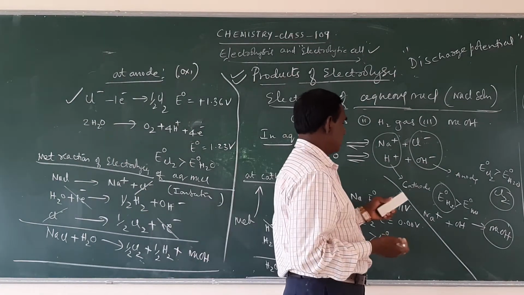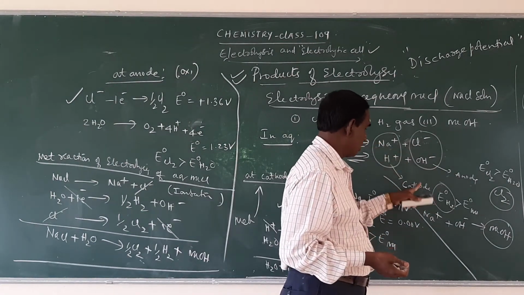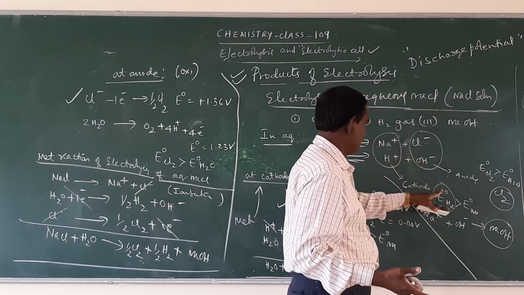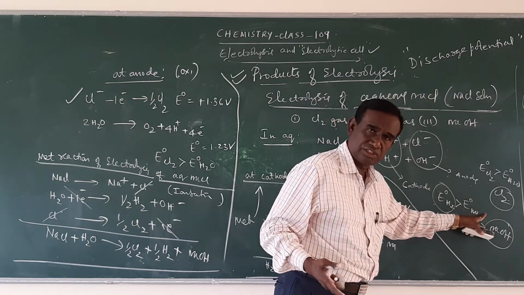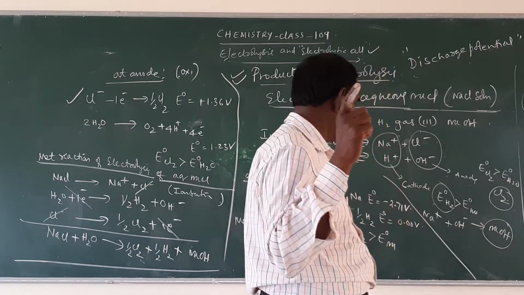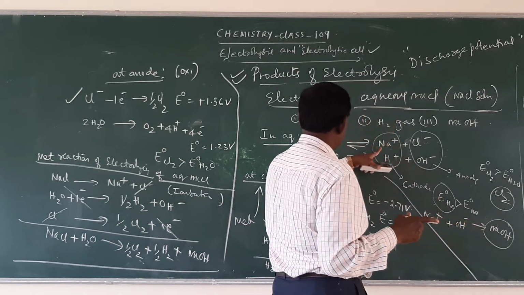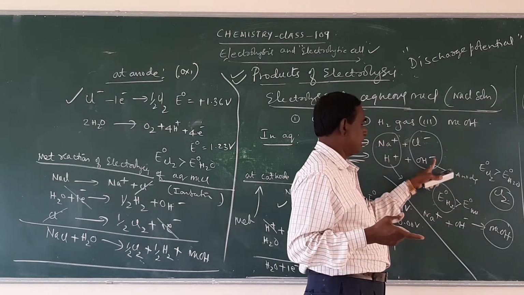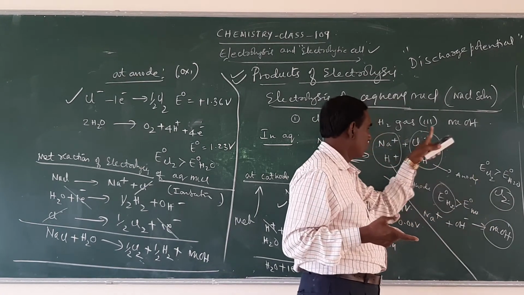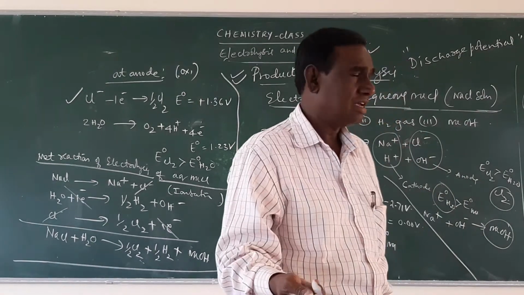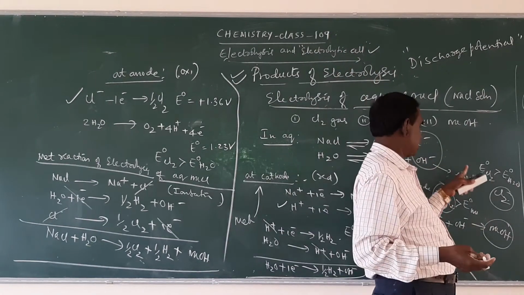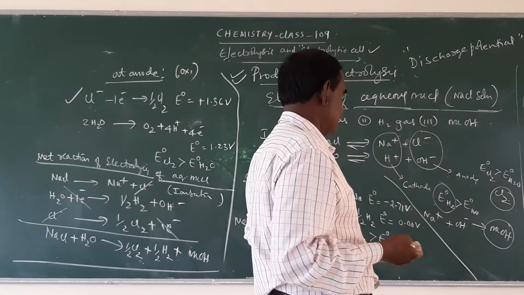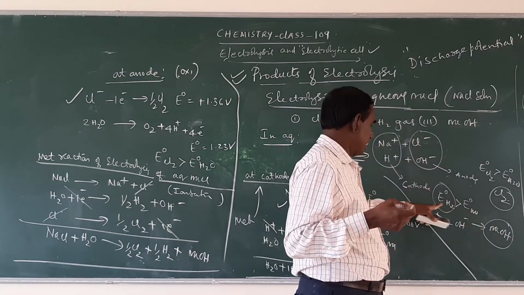So even though Na+ and H+ ions move towards the cathode, only H+ ions are reduced to hydrogen gas, but not the sodium, because the discharge potential of hydrogen is greater than the discharge potential of sodium. Therefore only hydrogen gas liberates at the cathode. Next, at the anode, even though Cl- and OH- ions move towards the anode, only Cl- ions are oxidized to chlorine gas, but not OH-, because the discharge potential of chlorine is greater than that of water. So for this reason, only chlorine gas liberates at the anode, and hydrogen gas at the cathode.